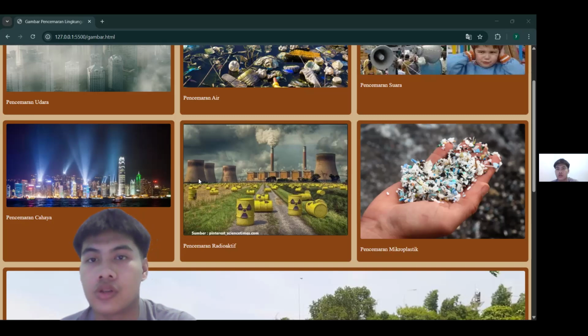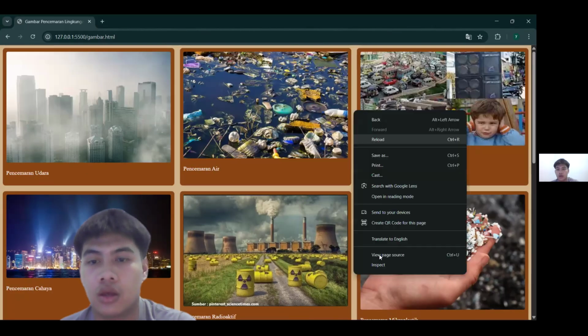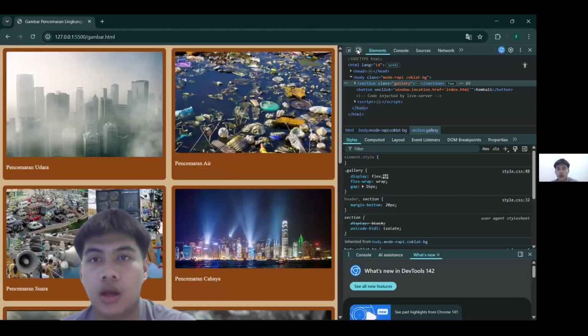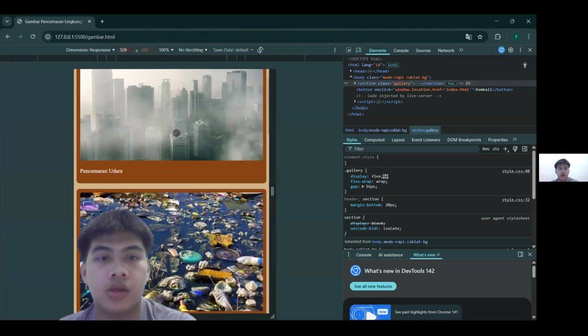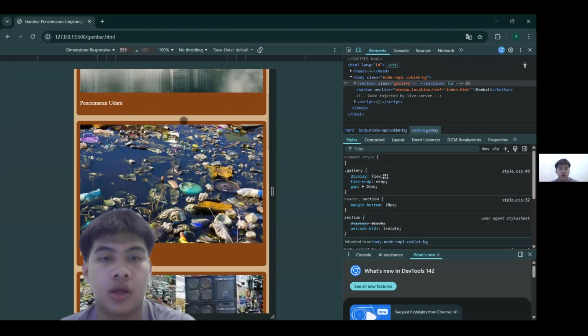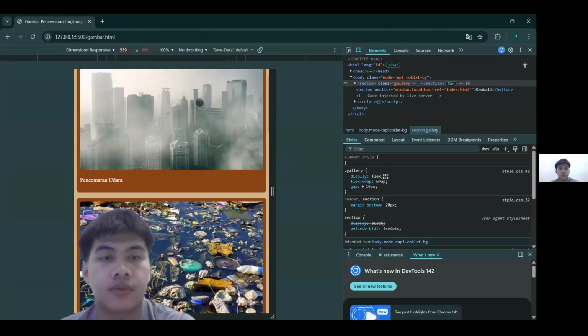I will show it when I go to inspect, and then as you can see when I click the Google device toolbar, this is what it looks like when I use this website on my mobile device or phone. You can see the cards show one by one, like a stack.